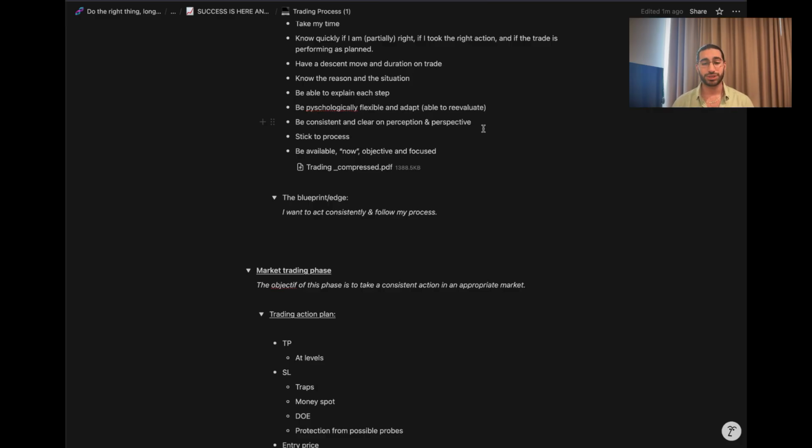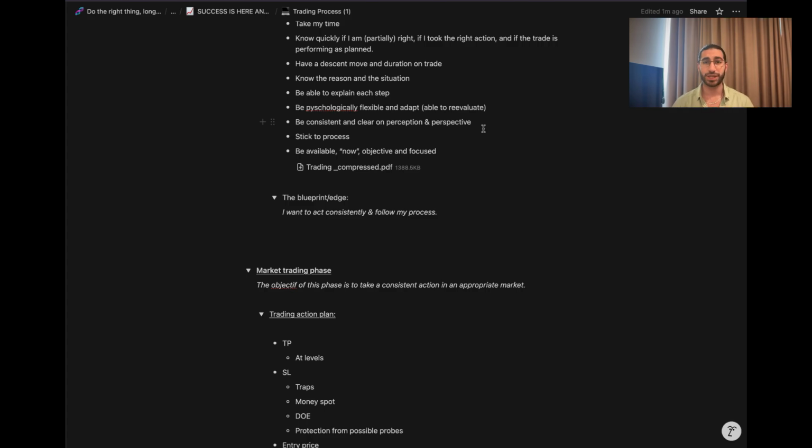So when I manage my trade that way, what happens is that if it goes against me, I directly close the trade. I don't want to see a full loss or my SL get reached. If I'm wrong, I'm wrong because I got into a safe zone. The price should directly go towards my take profit. If it doesn't go towards my take profit and goes toward my SL, that means I am wrong because I got into a safe zone. It's supposed to go there from my analysis. If it doesn't go there, I close my trade. I was not supposed to be there. I'm wrong. It's okay. I will get into the market later on.